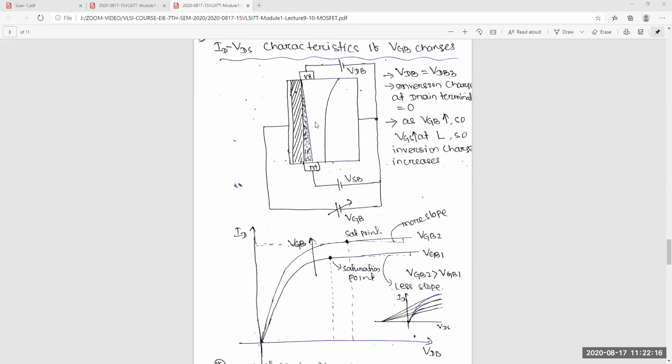But which is the strongest here? The electric field in which direction is stronger? Gate voltage. Is it in the Y direction or the X direction? X direction. Why? Who said Y? See, two electric fields are there. Again, see, this is 5 voltage, this is 5 voltage. VDB is 5 voltage. Now the electric field in which direction is more?